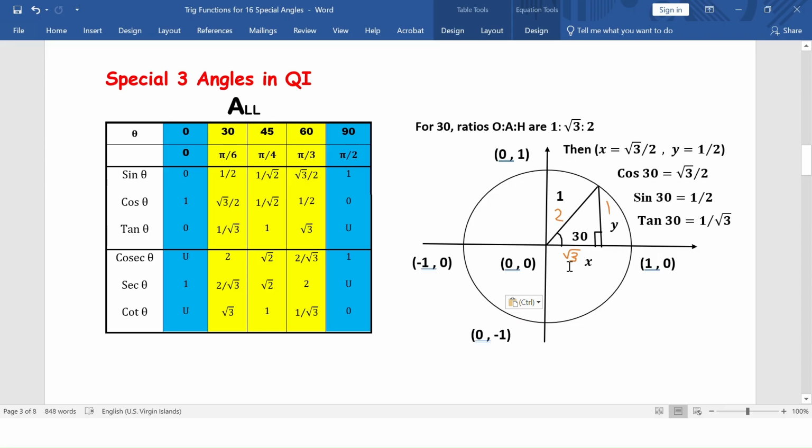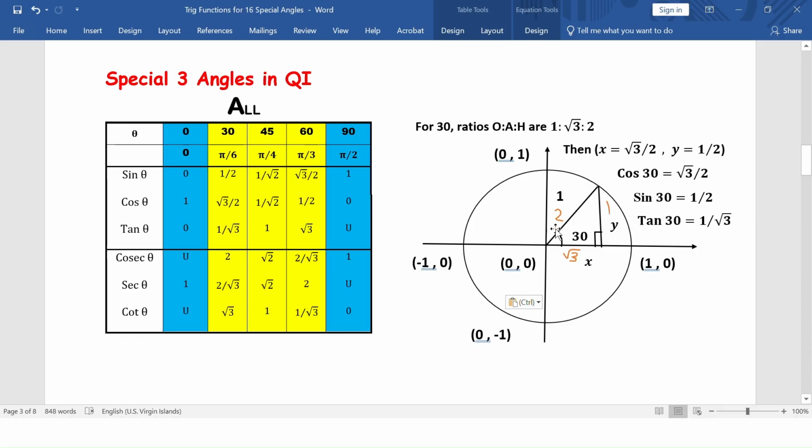So y to x to 1 will be 1 to root 3 to 2. But now we want to force them to have the hypotenuse 1. It means we divide by the ratios. I would have shown this one, it's just equating both sides. So when you divide by the ratios, y must be divided by its ratio, so it must be just y, the opposite. I mean, we must divide by the hypotenuse, because we want to